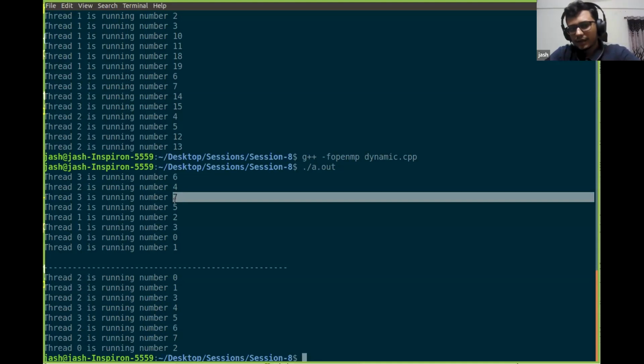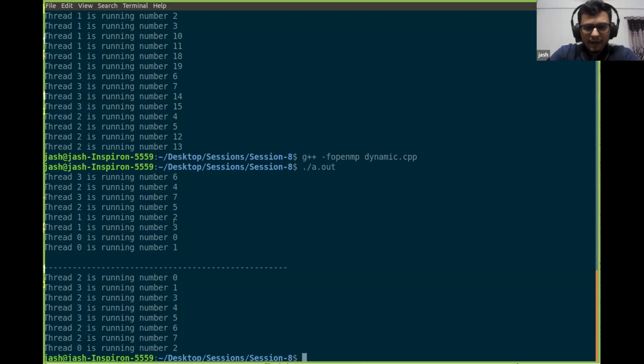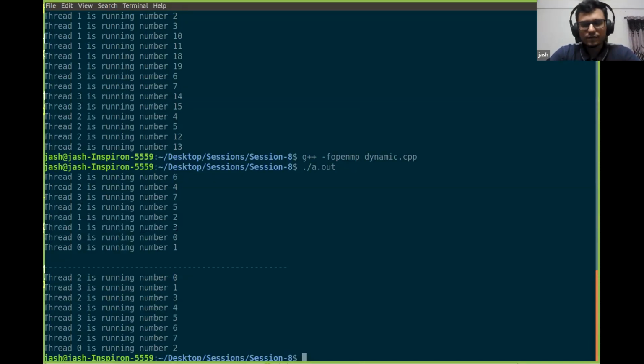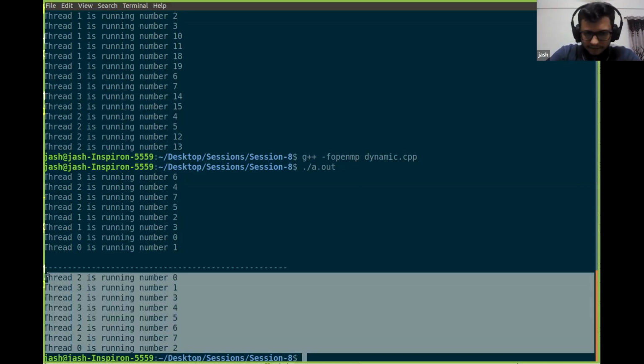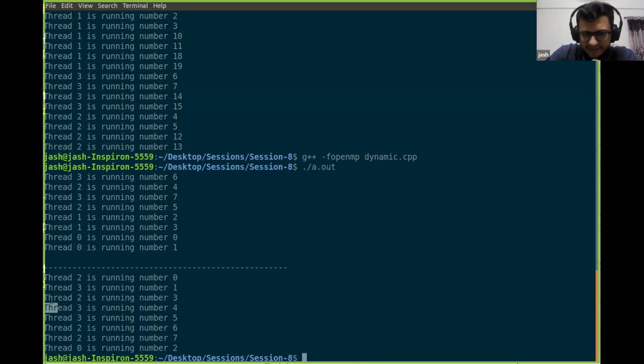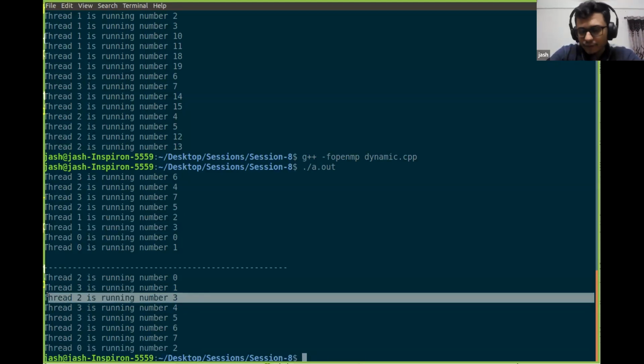So there is an issue here, right? I mean, not an issue, but a load imbalance that is happening here, because iteration 2 and iteration 3 are the most costly ones, and they are being assigned to just one thread. So that should not be the case. But if you see here in this case, the 2 most costly ones go to different threads. So 2 is being assigned to thread 0, and 3 is being assigned to thread 2 here.